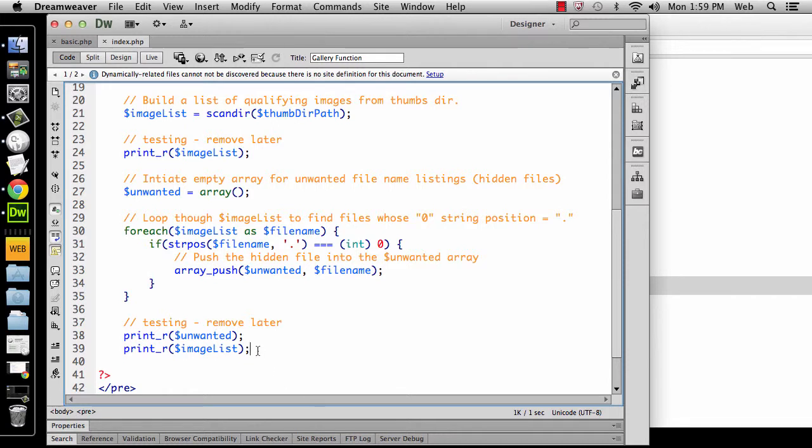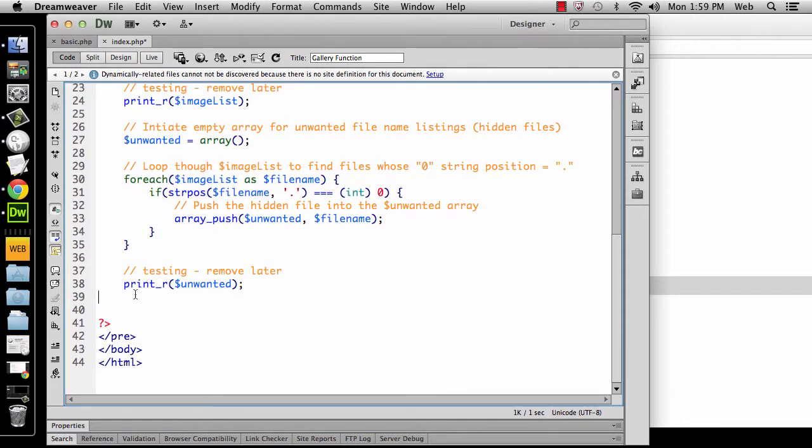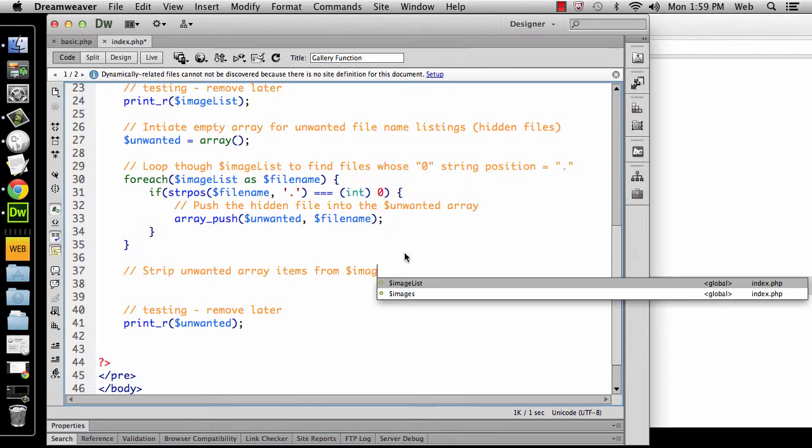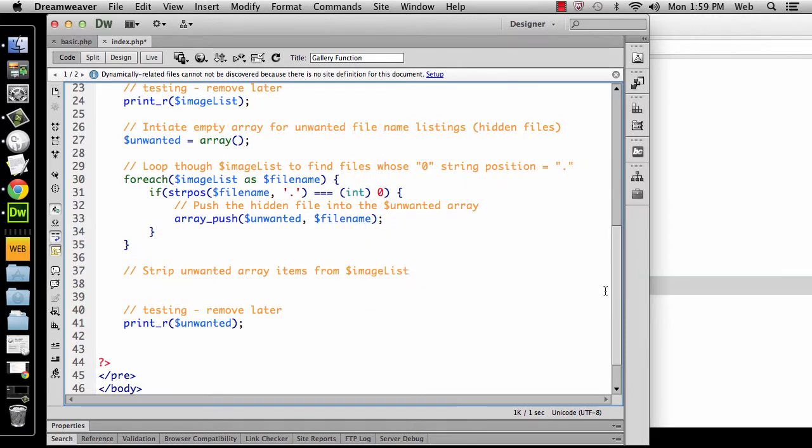So the next thing that we want to do, here, let's go ahead and get rid of that. The next thing that we want to do, I'm going to just do it right here, is we want to strip the unwanted array items. Okay, so strip unwanted array items from image list. Yeah, that's the one I want. Okay, and I should say that this unwanted is like that, it's a variable. And to do that,